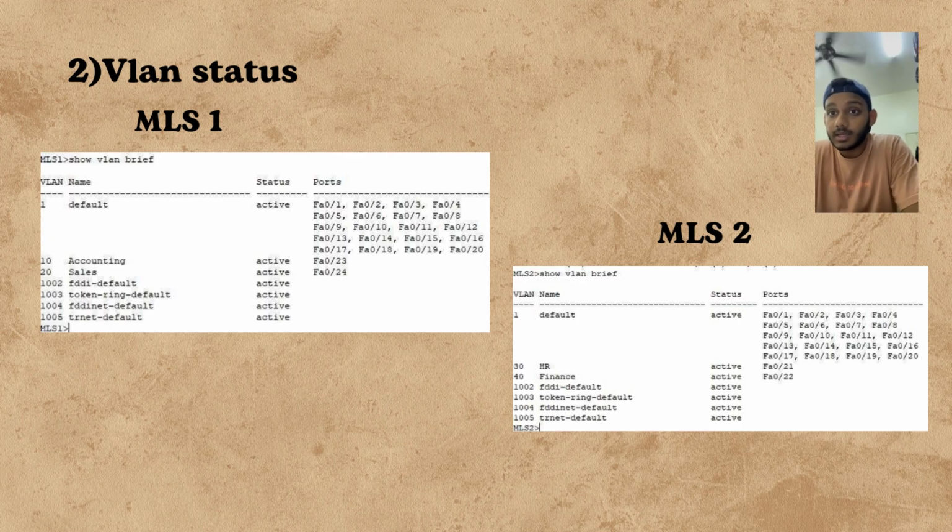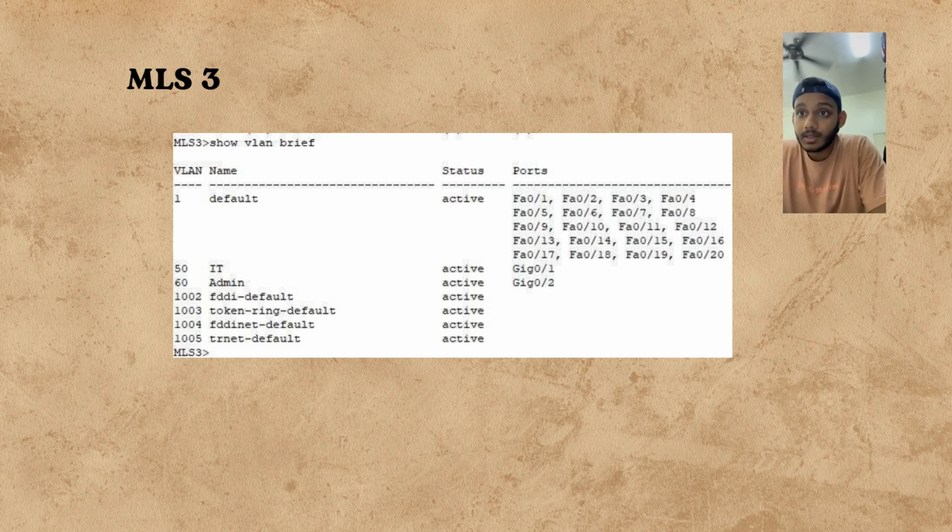VLAN status for MLS1: accounting active, sales active, fddi-default active, token-ring-default active, fddinet-default is active, and trnet-default is also active. MLS2: HR active, finance active, fddi-default active, token-ring-default active, fddinet-default is also active, trnet-default is also active. MLS3, show vlan brief: IT active, admin is also active, fddi-default active, token-ring-default active, fddinet-default is also active,